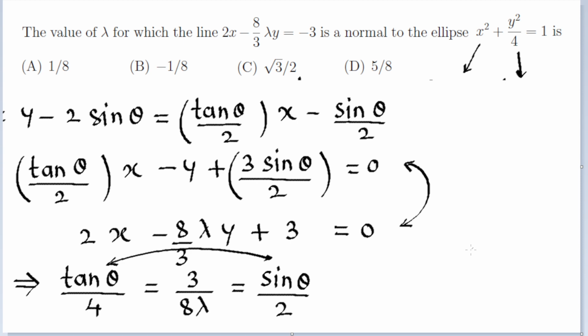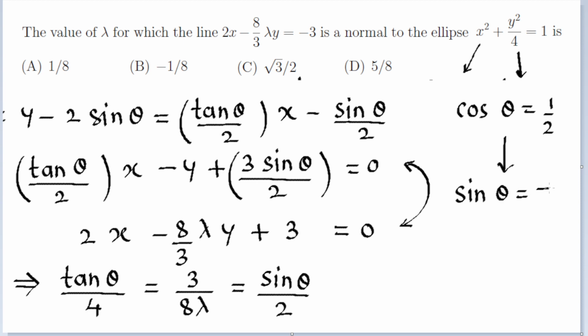So from this we will solve the equation, and first of all let us compare the first and the last. Cancelling the factor of sine, it is clear that we will get cos theta equal to 1 by 2, and from that, using the basic identity sine square plus cos square equal to 1, we will get sine as plus or minus root 3 by 2. Now out of which we have been given only one of the values, that is plus root 3 by 2, so therefore option C is the correct answer to this question.